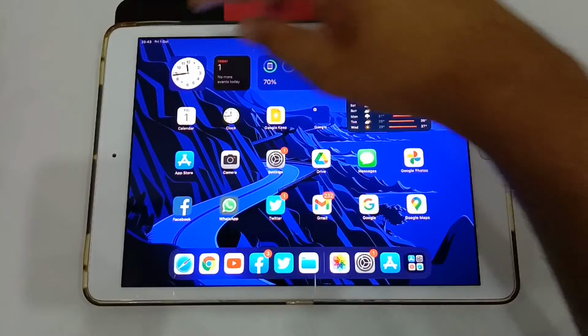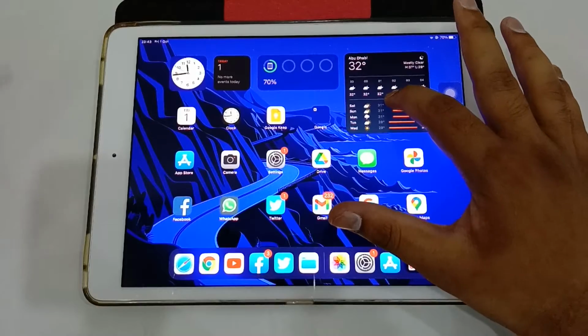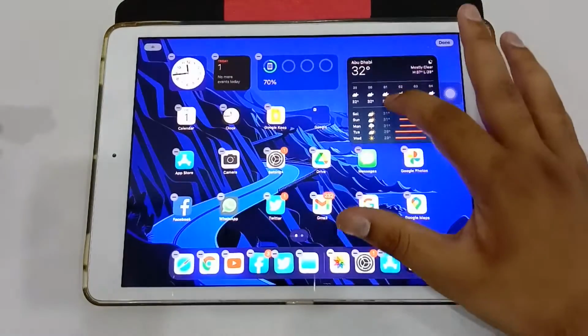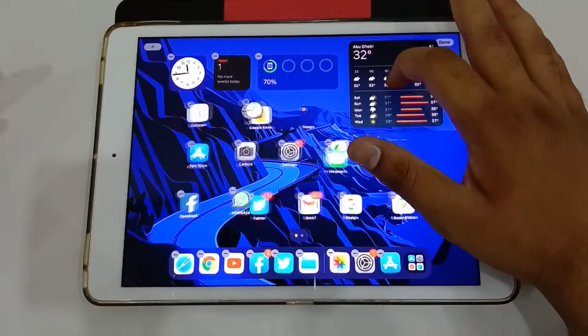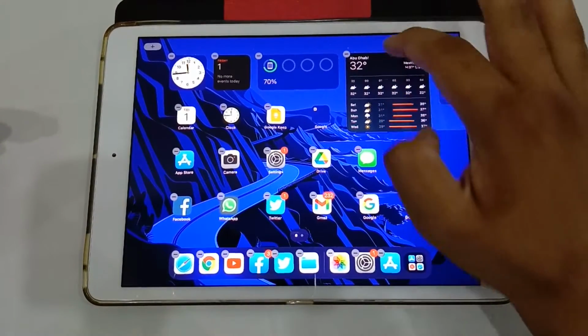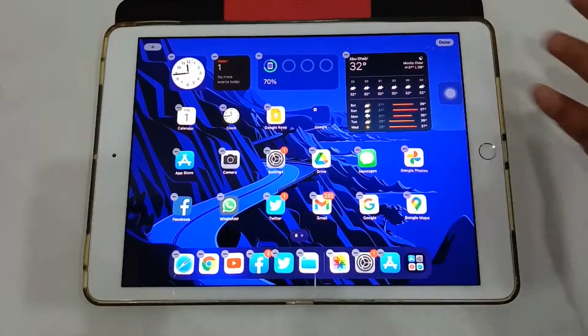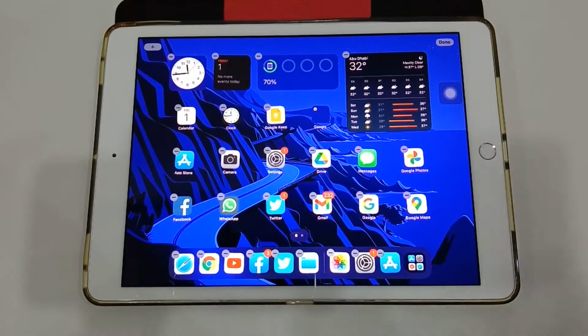That was it. You couldn't choose a widget and put it on the home screen anywhere you want, like I can now if I choose this widget and place it anywhere. It's kind of limited. If this home screen was empty and I tried to place the widgets right here, it would have gone back to this place, because iOS or iPadOS does not give you the option to place icons anywhere. It tries to stack them.